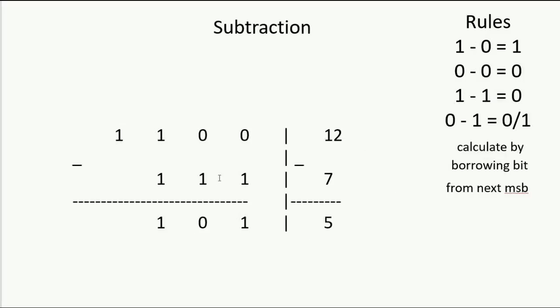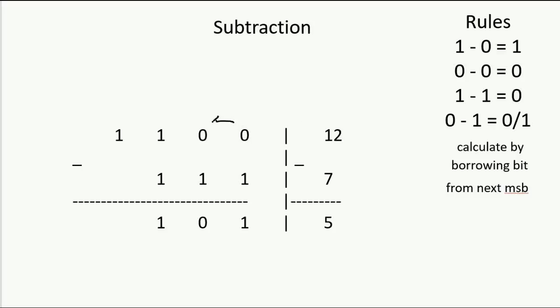Next there is subtraction. In subtraction the rules are going to change, where 1 minus 0 equals 1, 0 minus 0 equals 0, 1 minus 1 equals 0, and 0 minus 1, which is the most critical part over here. We have 0 or 1, depending upon which borrow bit you are fetching from the next MSB. Okay, so over here we have 0, and 0 minus 1, as per rule number 4,